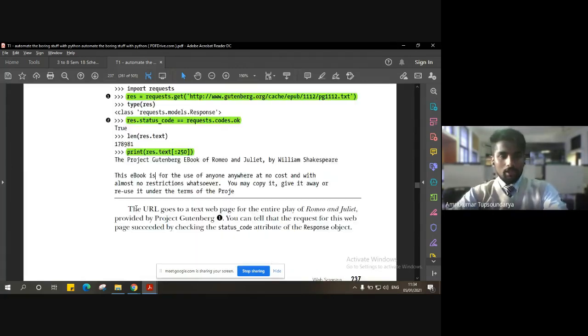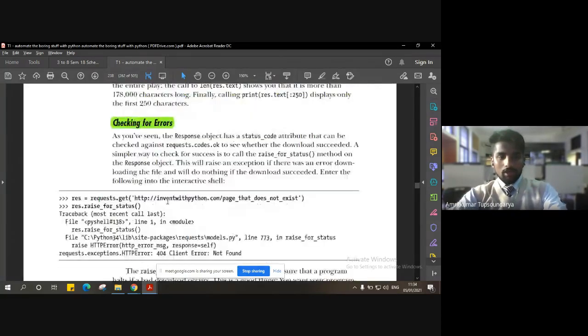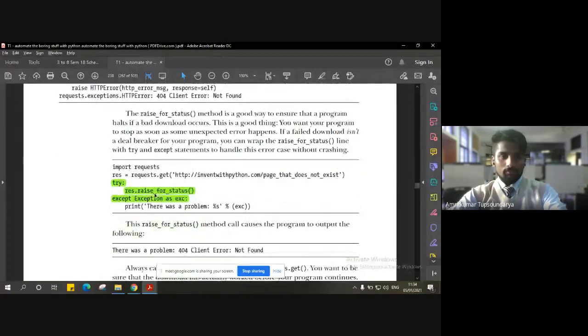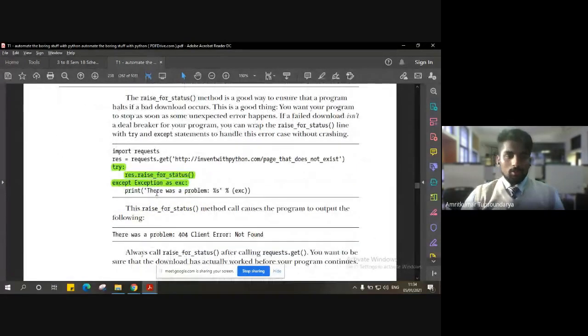If you think that there could be an error, then it's better to make use of the try and except clause. Hope you remember the clause that we discussed when we covered exception handling, maybe in module 3. We can make use of the try and except clause to check whether there is any error or not.